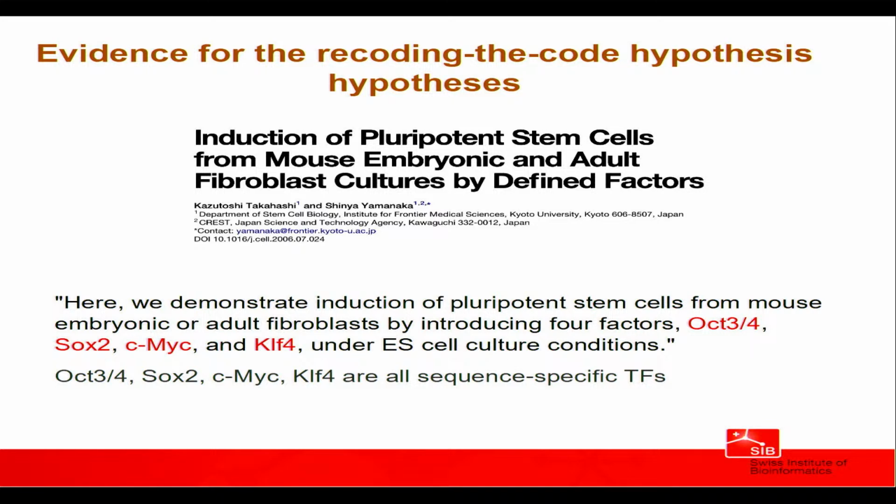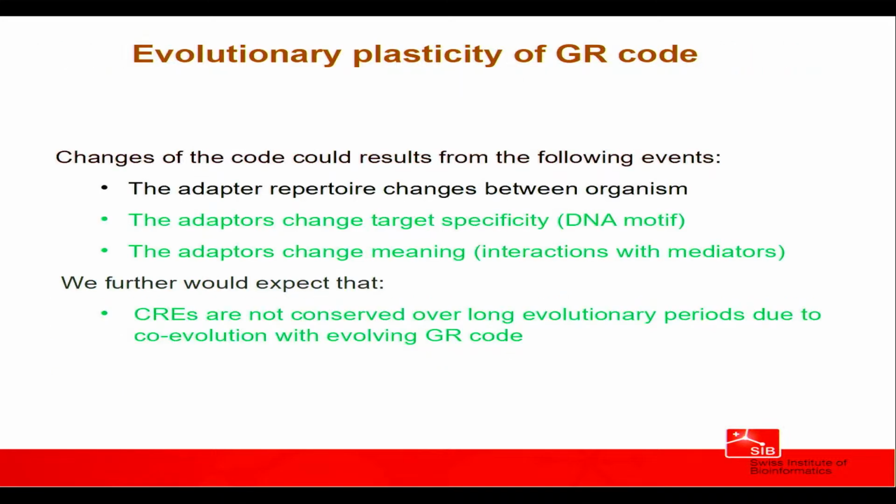After activating these transcription factors, the regulatory state is completely changed, and typical undifferentiated embryonic transcription factors are activated. Now, I think time is running out, so the last part would be on evolution, and